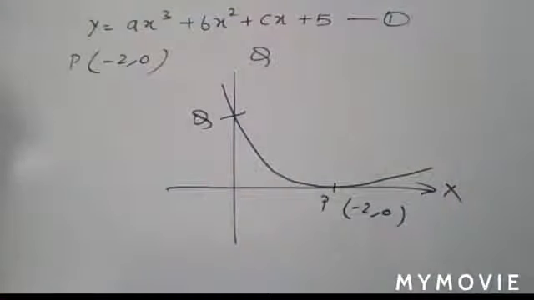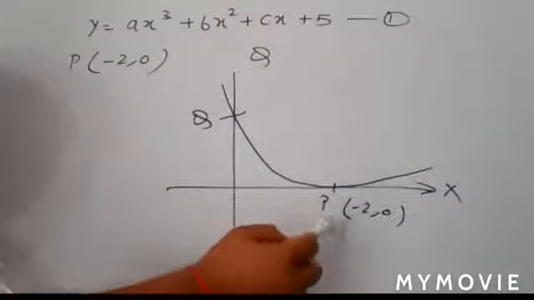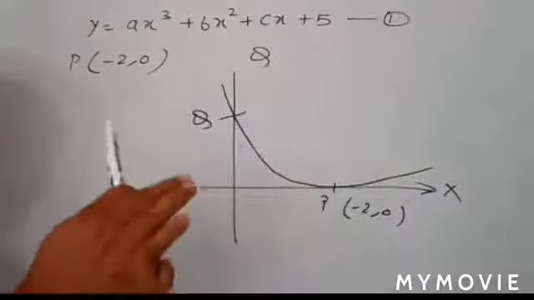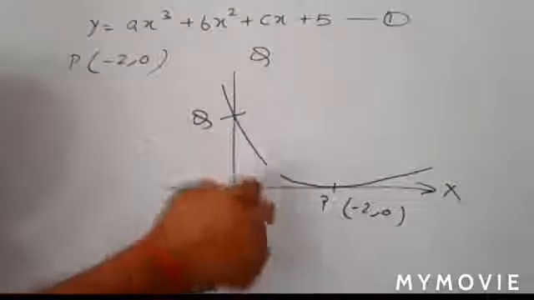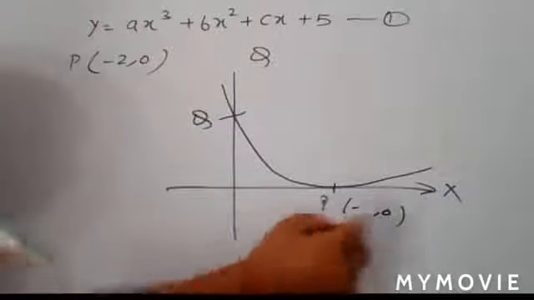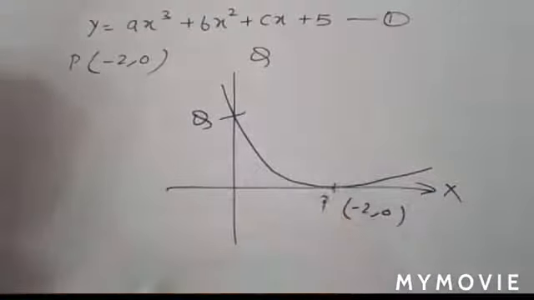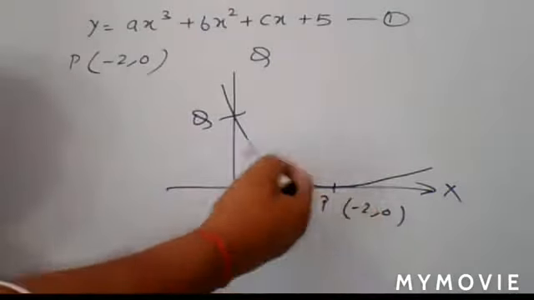Here it is given that the curve touches the x-axis at the given point, so this point lies on the curve. In this way you have one equation in terms of a, b, c. Then you find the derivative of the curve at this given point, and that is equal to the slope of the x-axis because they coincide. The x-axis behaves just like a tangent, so its slope is 0. With the help of that you have another equation in terms